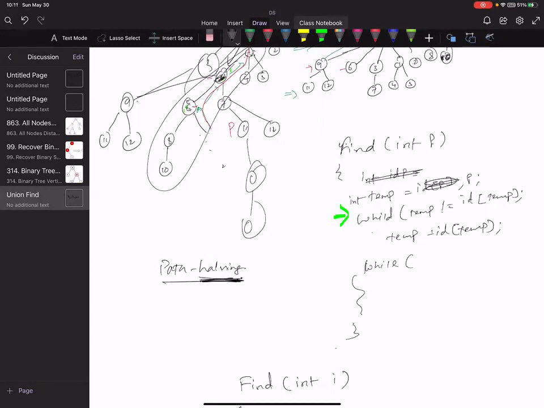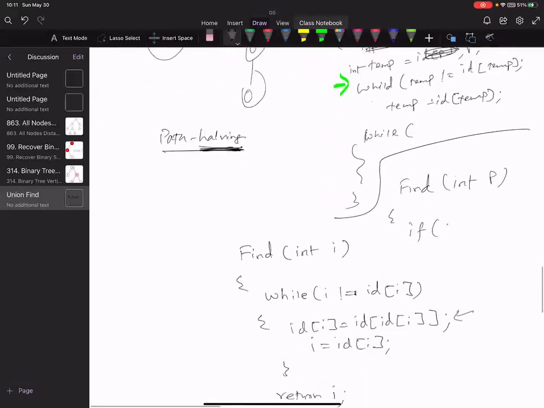Yeah, got it. So what you're saying is, find integer P. If P is equal to ID of P, right?